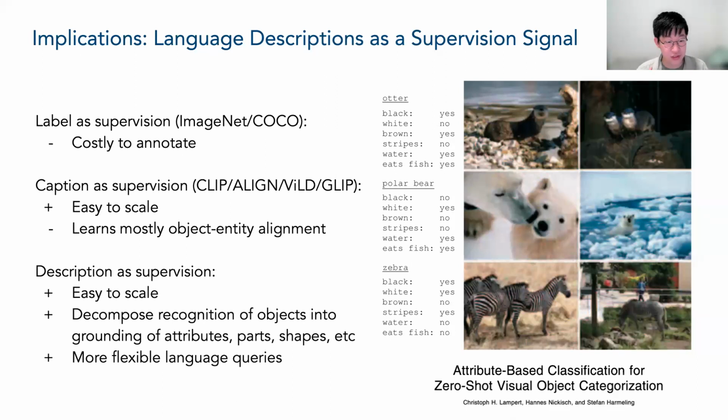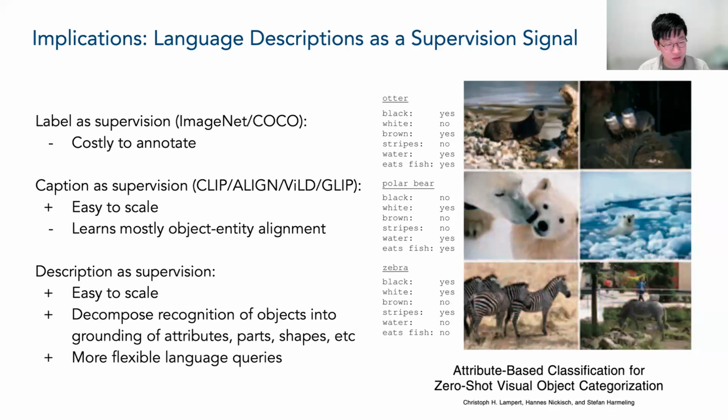Now, with the surge of vision-language models, you use image caption data as supervision, for models like CLIP, ALIGN, and so on. The good thing is that it's easy to scale. But as we showed, this kind of coarse supervision mainly makes your model learn object